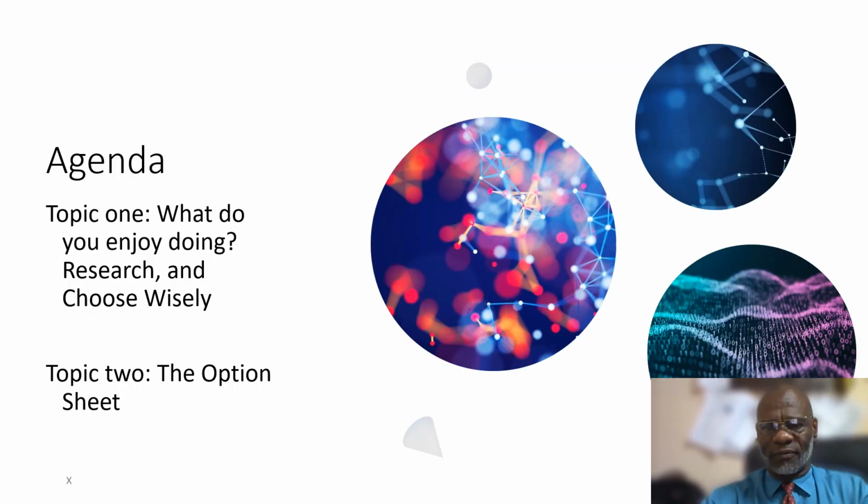One of the questions I want to ask is: what do you enjoy doing? Because some persons may not have an idea of what they want to do in terms of career path, or they don't know what subjects they want to choose as yet. So one of the things you can do is look at what you like to do, and then choose a subject based on your liking, right? Based on your talents even, you can choose your subjects along those lines.